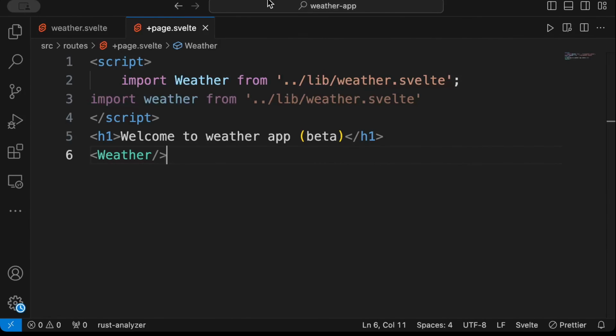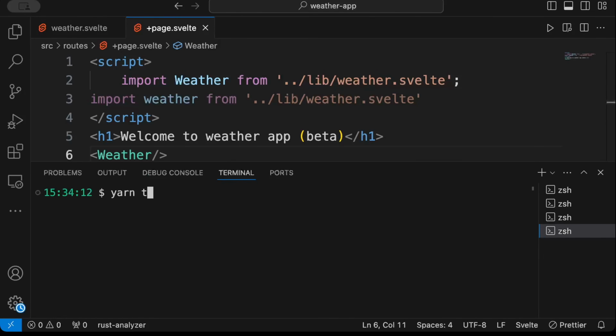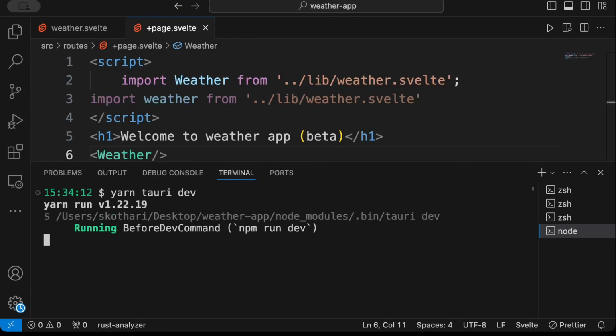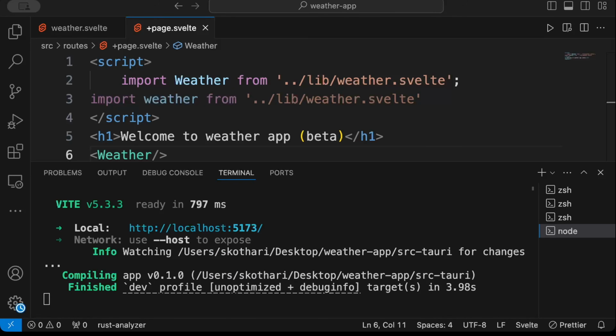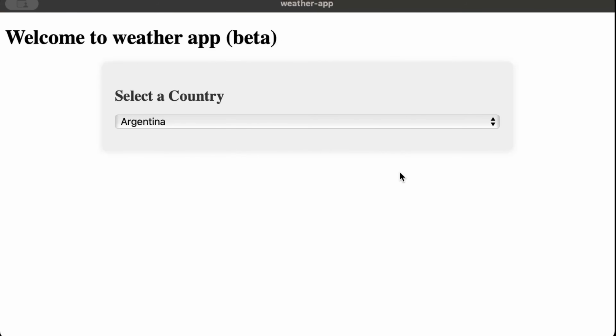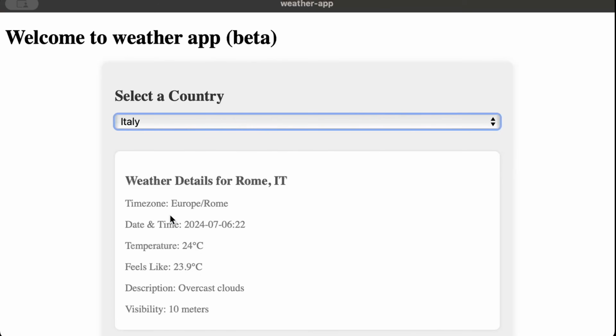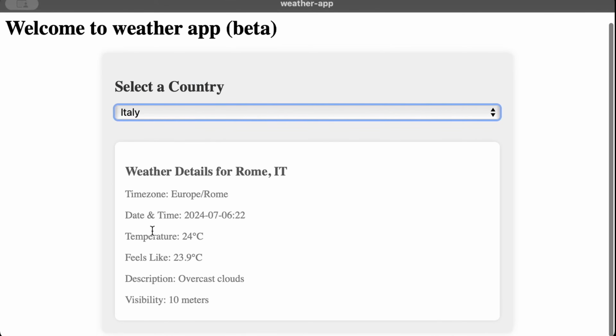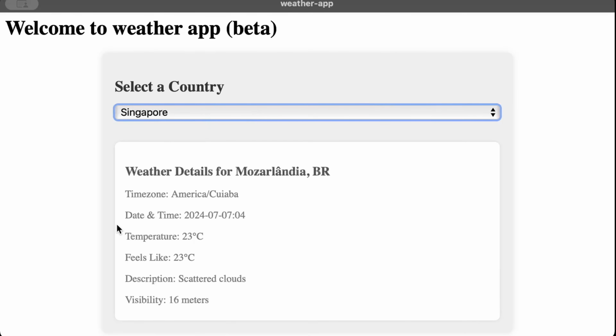So open in terminal and we'll just do yarn Tauri dev. As you guys can see, it's compiled and finished. Now let's go ahead and test our UI. So here you go, the first look of our weather application. Welcome to weather app beta. Let's select a country from the drop down. So let's say I selected Italy, and there you go, the weather for Italy. Similarly, if we select Brazil, there is the weather for Brazil. And let's say I select Singapore, there is the weather for Singapore. So that's it for